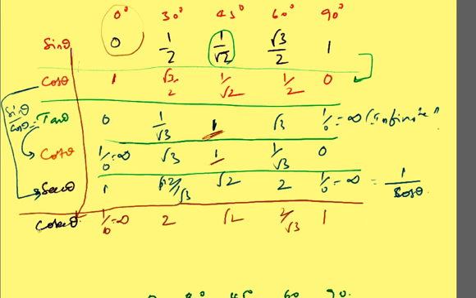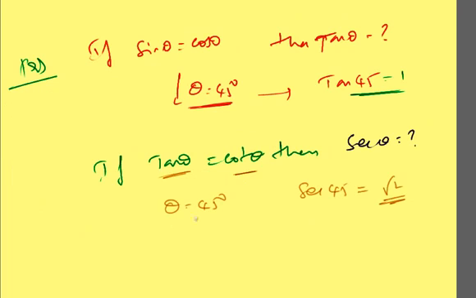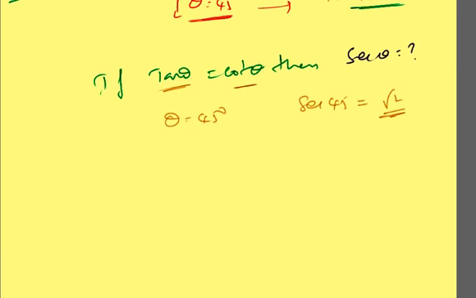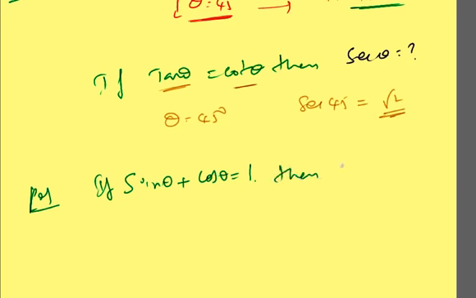Again, come back to the table. We said that sin and cos values, you know, sometimes problems will be asked in the exam, friends. One problem given in the exam is very important. Just remember this, and once you know the values, this is very easy. This problem is asked many times in the exam. The problem is given like this: if sin theta plus cos theta is equal to 1, then what is the value of sin square theta plus cos square theta? This problem has been asked many, many times in the exam.